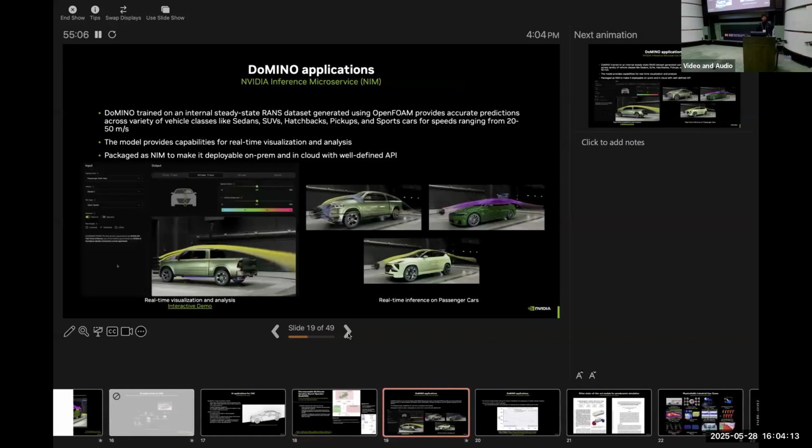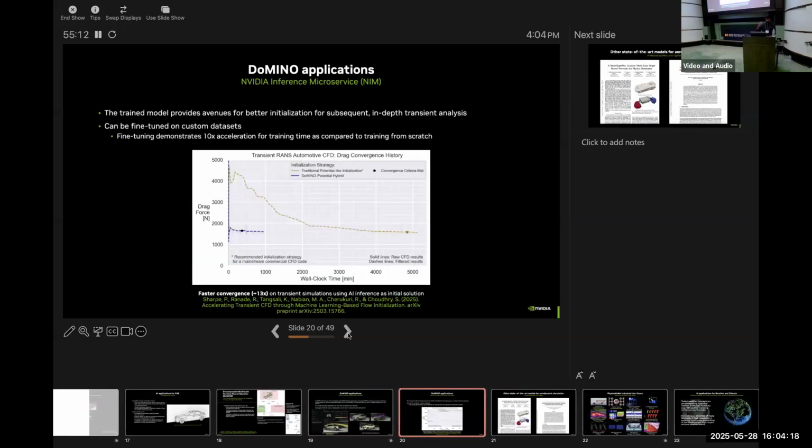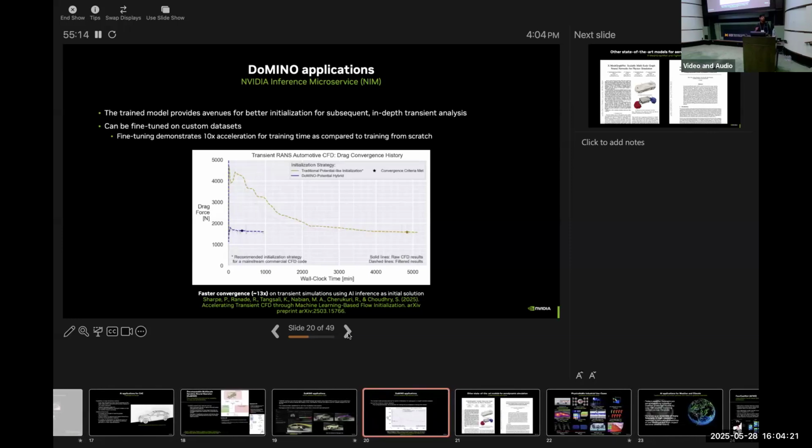Yeah, that's a good question, and I'm going to talk about that in a little bit. But yes, we do capture that. The model is only going to be as good as the data it is trained on, unless we add specific physics-based constraints, which we'll also talk about in subsequent slides. Since this was purely data-driven, your model is only going to come close to the data it is trained on. So in this particular case, the predictions do come very close to what a steady state RANS solution would predict.